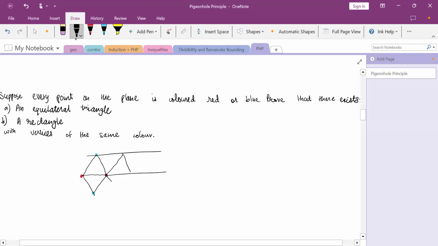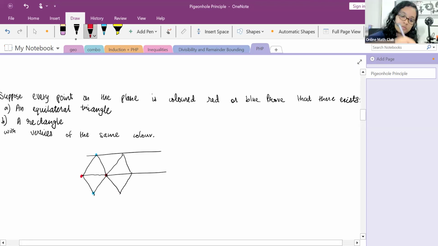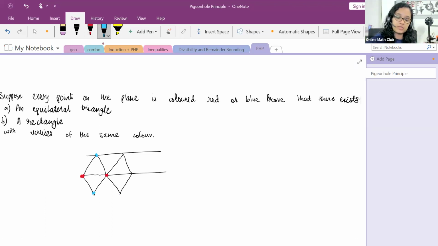How did that happen? I didn't understand. Okay, so we first took some two red points, and the points which form equilateral triangles with them, we know that they must be blue. We are assuming for the sake of contradiction that we don't have an equilateral triangle. So these two must be blue. But now if you make this into a grid in which all of these are equilateral triangles,